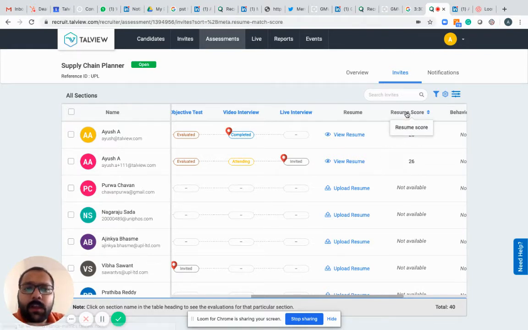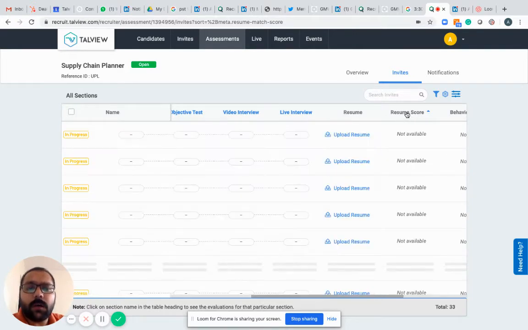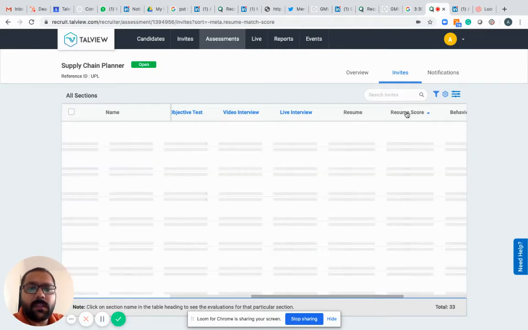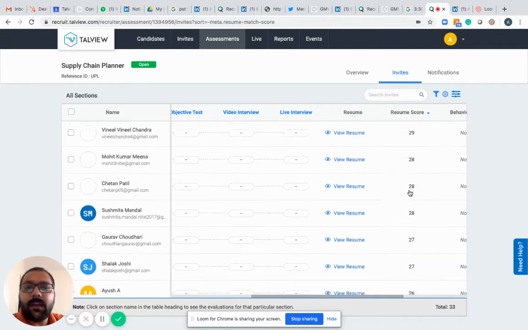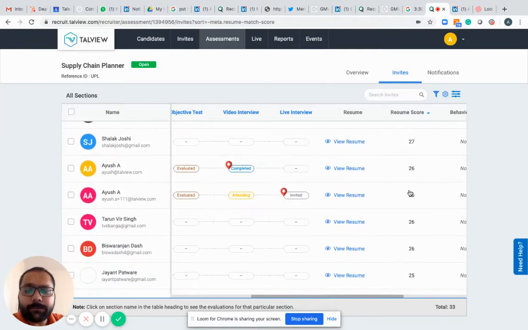I can use the sorting capability here to sort the candidates based on their resume score, with the most relevant candidates on the top and the least relevant at the bottom.